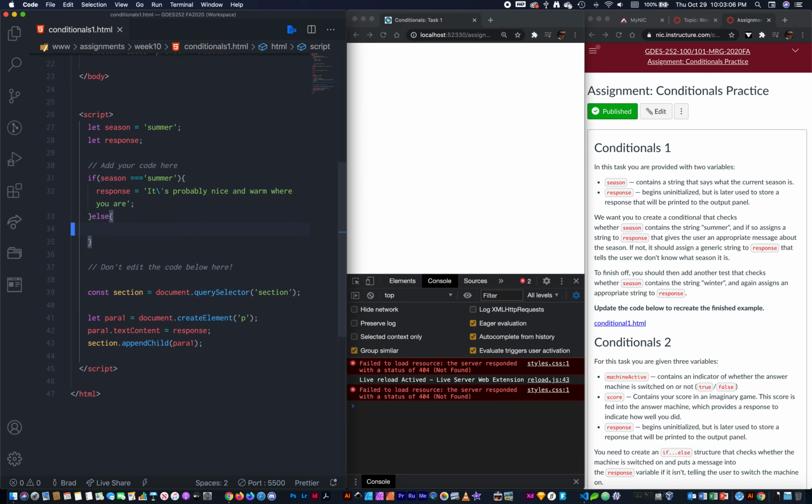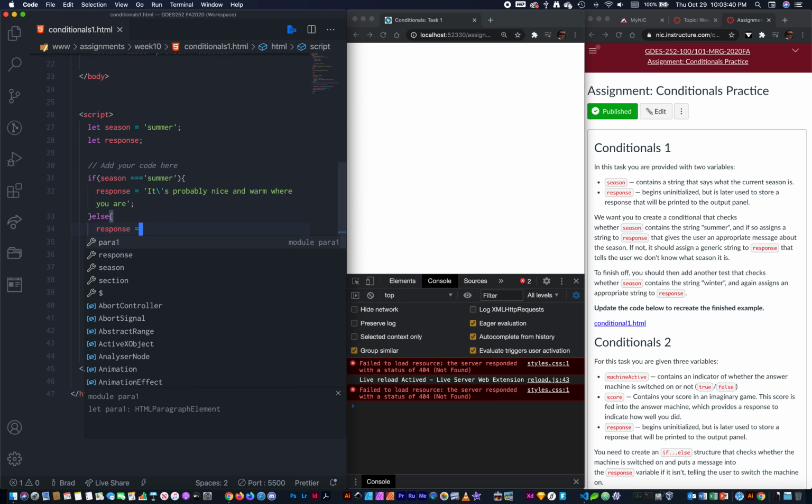And then in the instructions it says we need to check whether it's winter and then have a default response. So if we need to check 2 conditions, that means we need to put in an else if at this point to test for winter. But let's start with the default response here. If it's not summer and it's not winter, we need to tell the user what we know about or care about for the season. So we're going to set response equal to